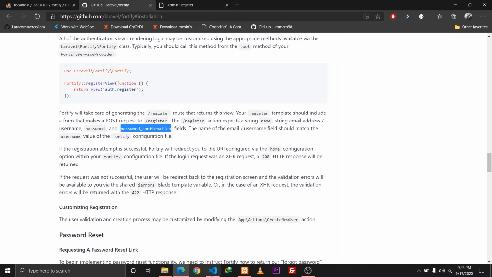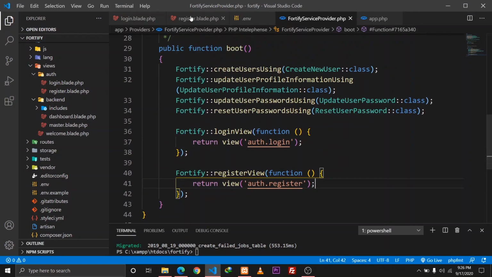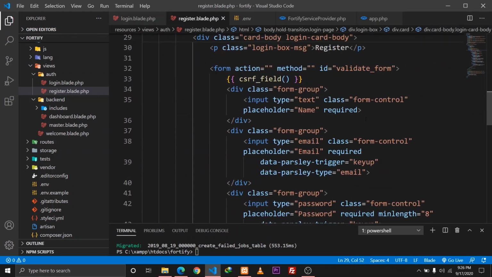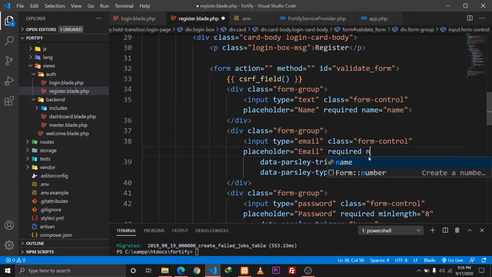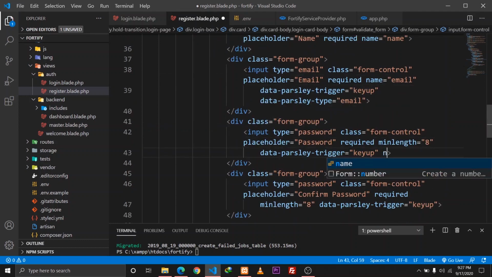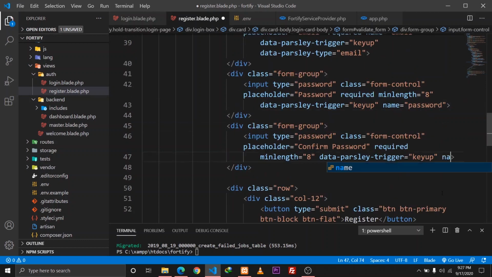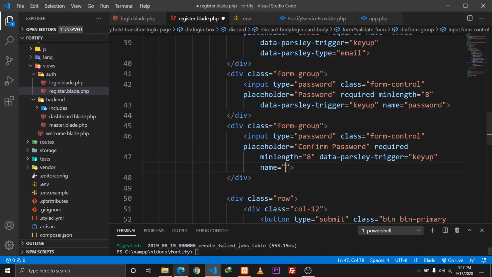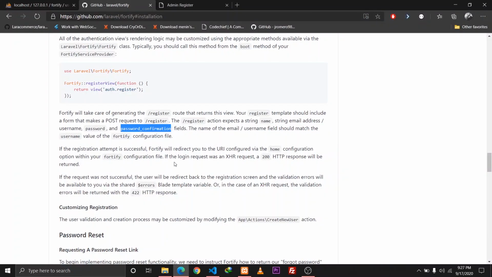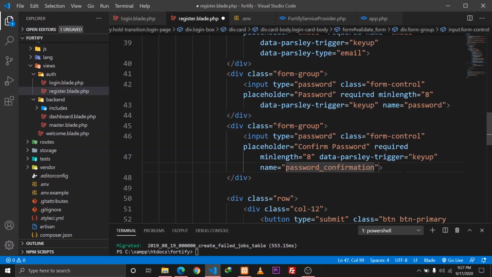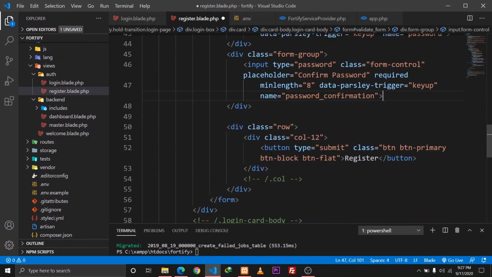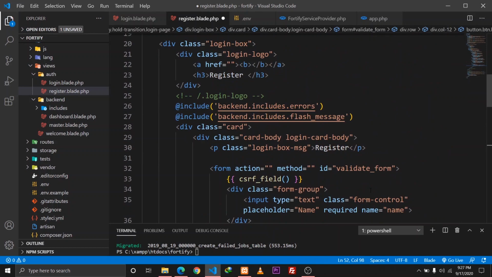So let's go to our register page and define these fields. So the first one will be name, the other one for the email will be email, and for the password, name will be password, and confirm password will be password_confirmation. So I'll just copy that and paste it here, and the button type of submit, register,